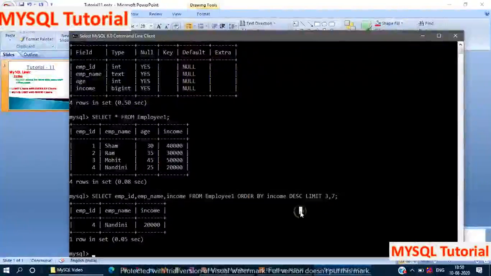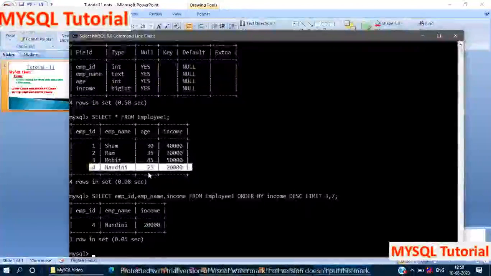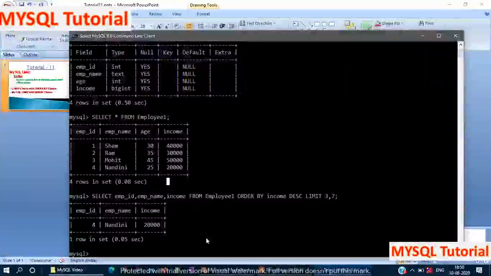That means our third record is this one. Here you can see the income is 20,000. This is our third record, and below it the total records have ended. That's why the compiler selects only one record.